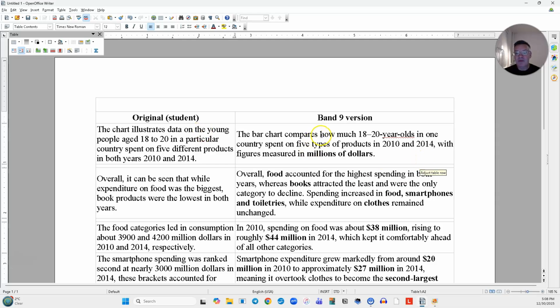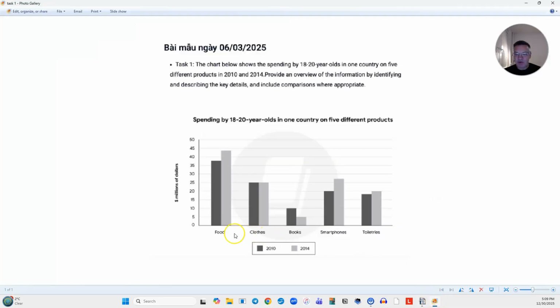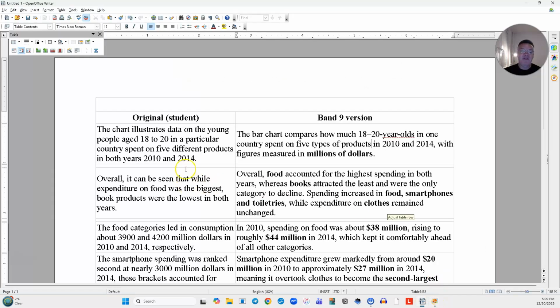So the bar chart compares, which it does because it is meant to be a comparison, how much 18 to 20-year-olds in one country spend on 5 types of products, with figures measured in millions of dollars. Now, I would always put in some quantifier in the introduction. What's on this axis? What's on that axis? How many categories, ranging from what to what? You could say ranging from food to toiletries, if you wish. So 5 different products